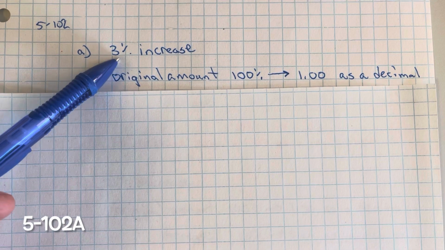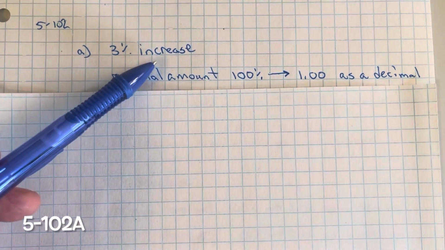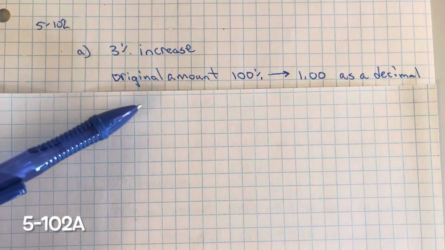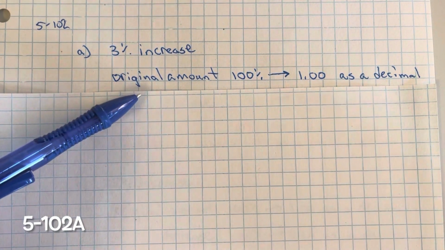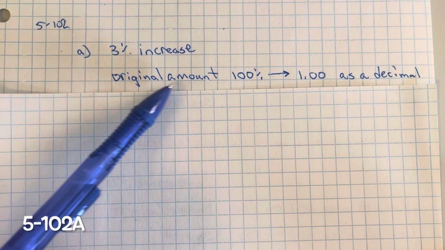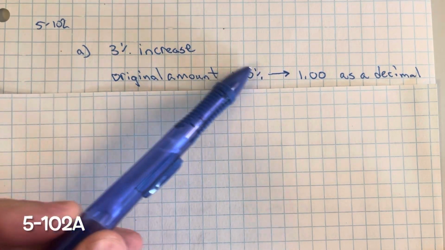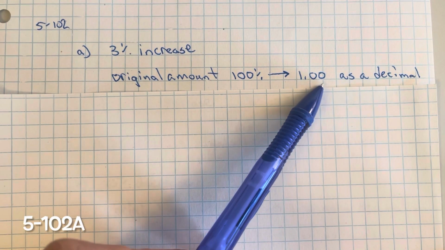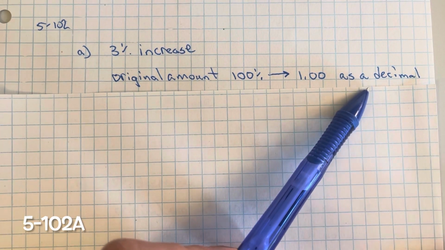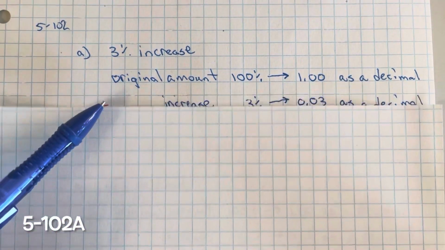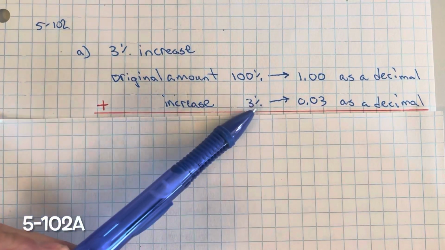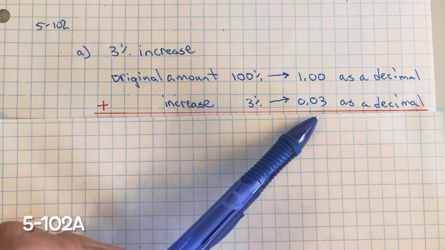So if you have a 3% increase, that means that the value is going to get larger from the original amount. So if you think of the original amount as being 100% of whatever it is, and you write that as 1.00 as a decimal. The increase, you're going to add the increase of 3%. That would be written as